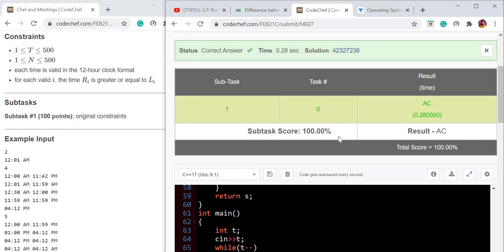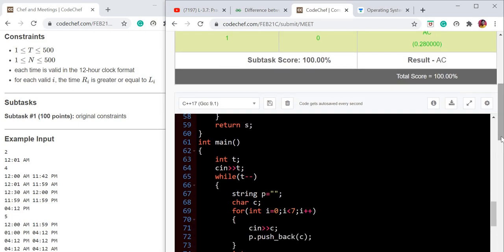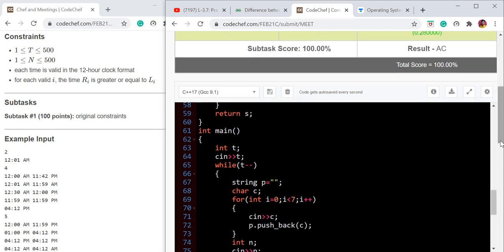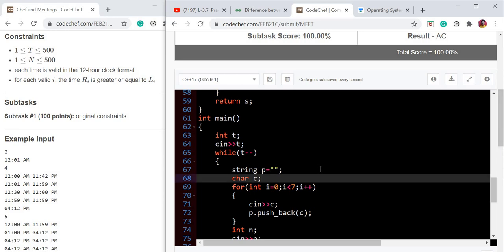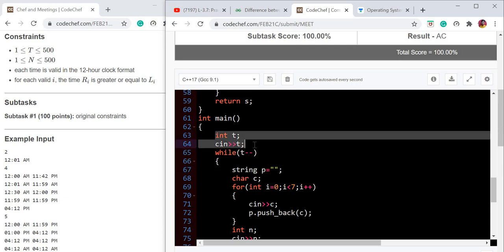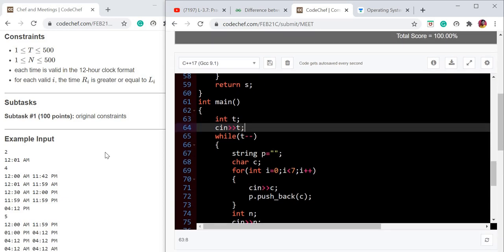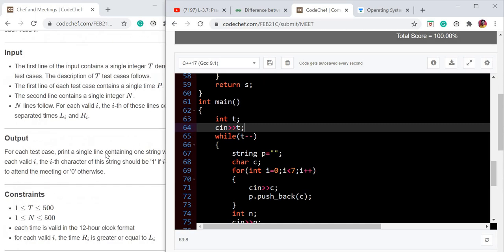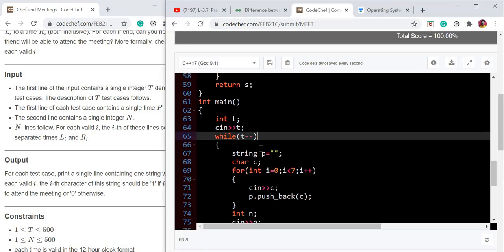Okay, so here I will be showing a single portion of my code to help you understand how to take the input as a string from the server. Here I have taken the number of test cases as an input, and the time p. The first line is the single time p, that is the time given by the chef.